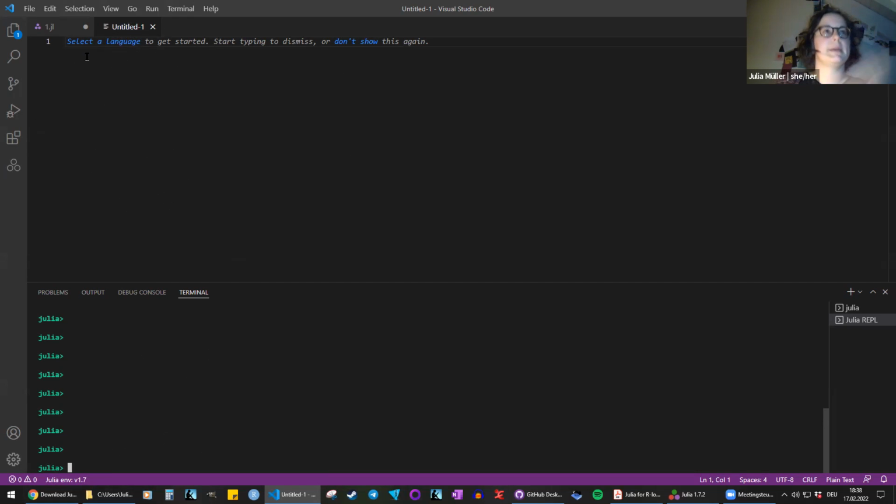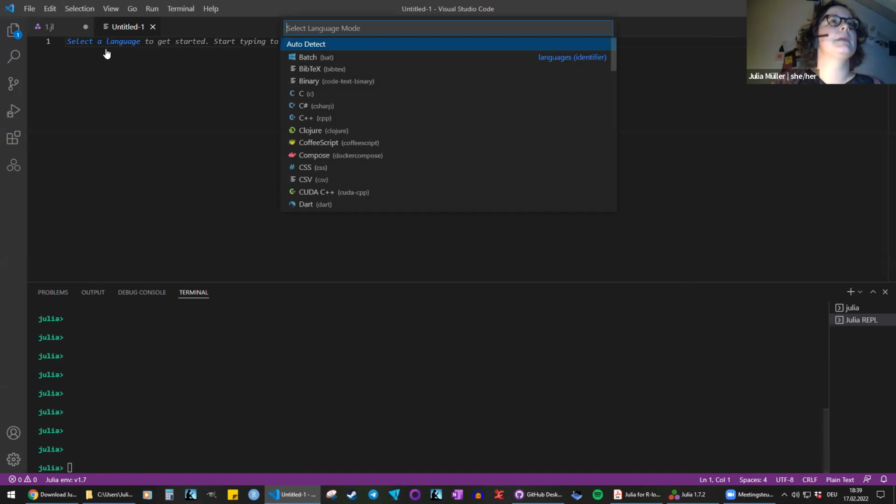If you're familiar with Python or R, you'll be familiar with this idea of a script. Because VS Code is good for a bunch of different languages, it will ask me to select a language so it knows how to interpret the commands properly and help me with it. So I can select a language.